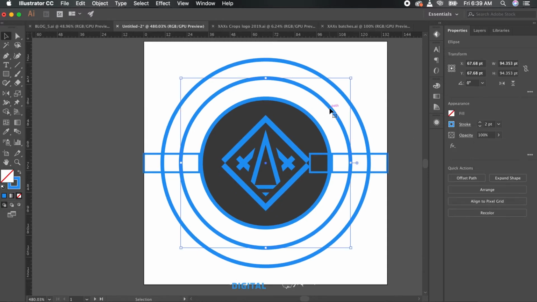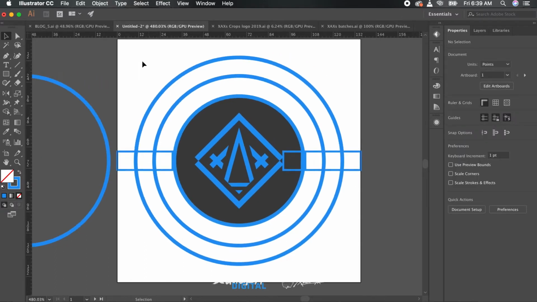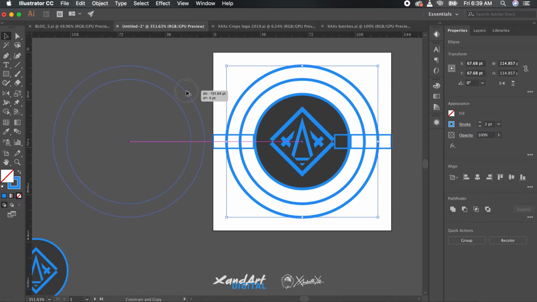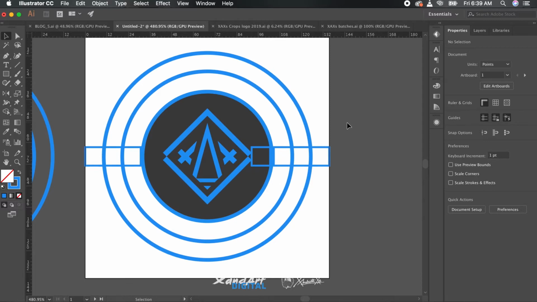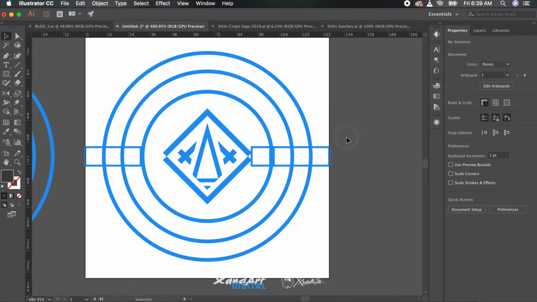Now comes the main tricky part, which is arranging the information you need to keep on the stamp in a circular way. There are two ways to do that. One is using text and then using the wrap elements on it, where you can wrap it in an arc shape and other shapes. But I don't like that because it doesn't have enough control, and in some forms it distorts the text, making it a little harder to read and not that pleasing to the eye. So we'll be going with the other option.